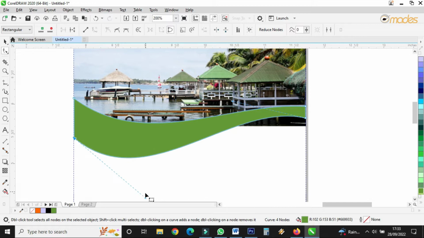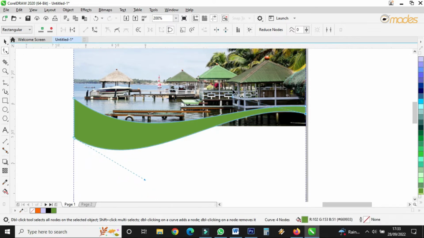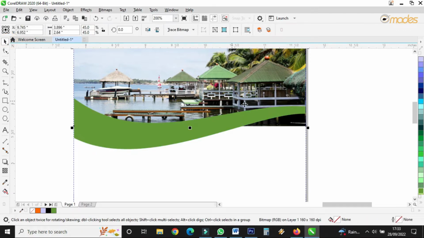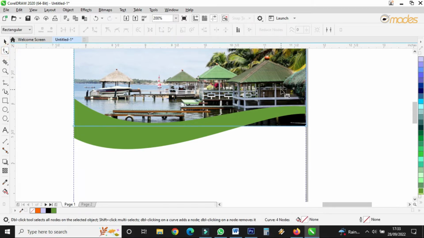We're still watching Omades, and we are learning how we can create a dry food flyer. Let's say for a business, for any organization, restaurant, and any institution. So this place, I have to clear this place, so I'll take this shape tool, then I'll select this